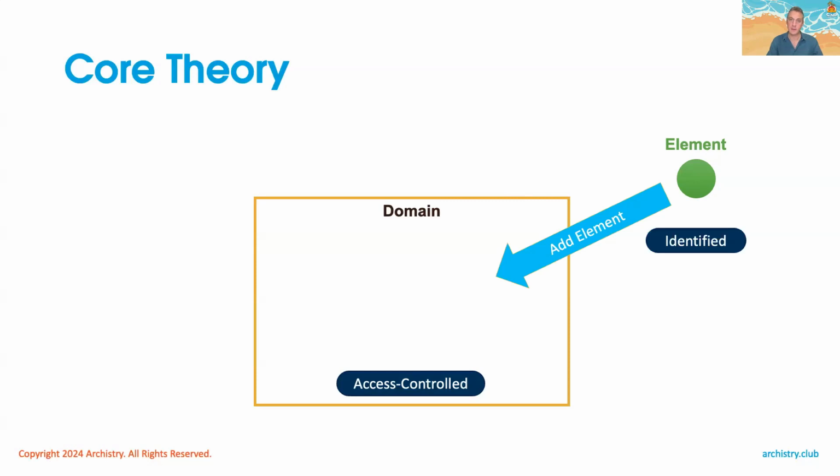So the first thing we've got to do is identify that element. Is it something that we're interested in, and how do we know? So we've got to have a description of the things that we actually care about. Maybe it's properties, if it's beads, maybe it's the color, maybe it's the shape, whatever it happens to be, but it's interesting to us for a reason, and we need to know what that reason is so that we can distinguish the things that we're interested in versus the things we're not interested in.